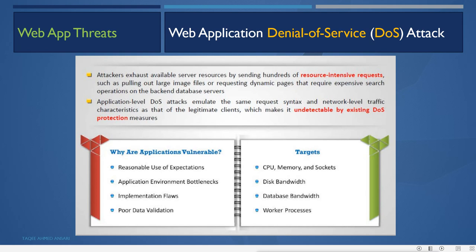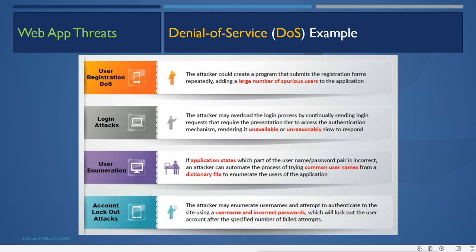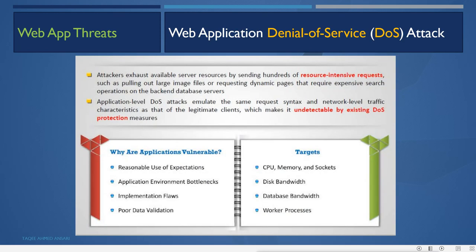Application environment bottlenecks can be in the network where you have a small link. Suppose we have a 1 GB link on the server side, but on the client side, on the switch or router side, we have a 10 GB link, so it will become a bottleneck.